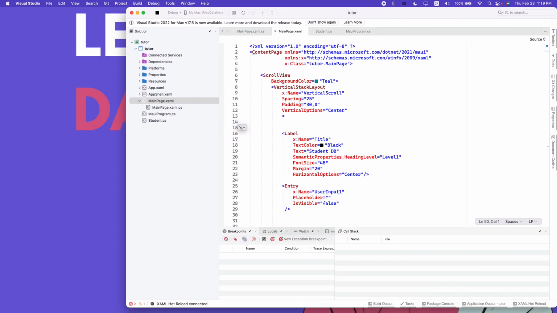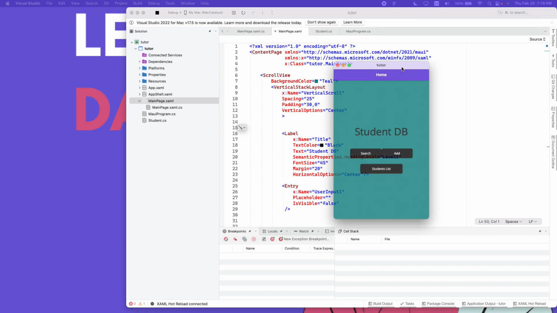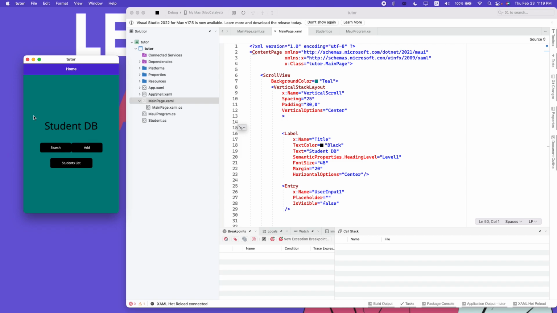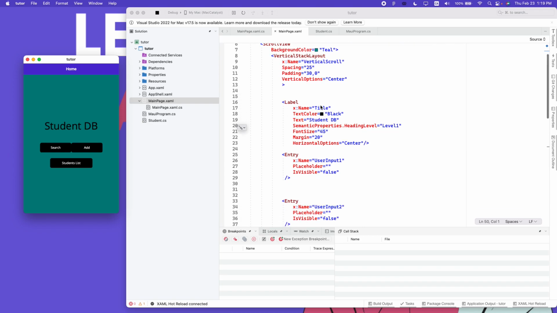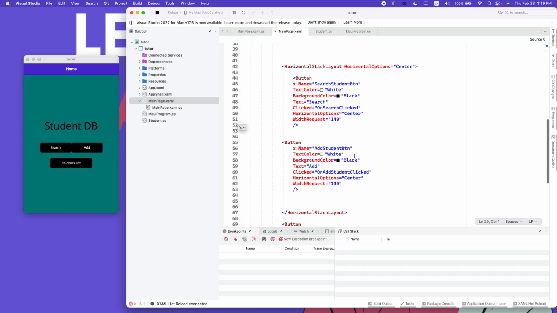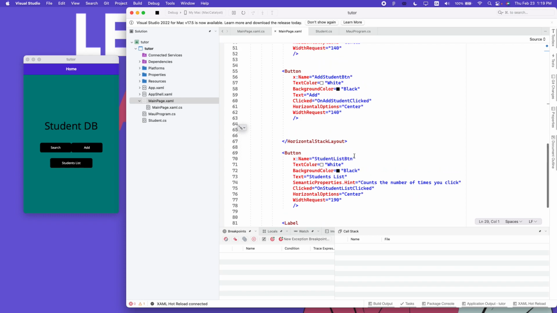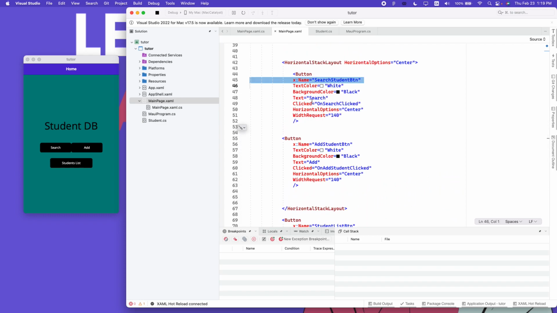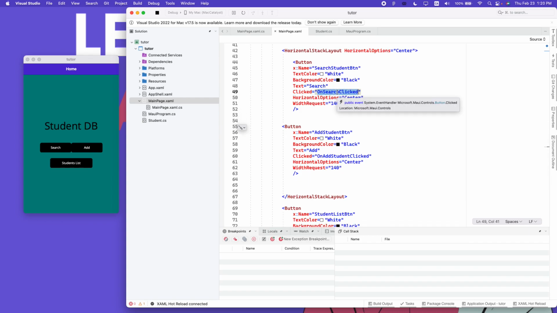So this is my startup project, and this is my first page that I will be seeing whenever I run this project. For now, we could see that we have a title, and then we do have two entries, but we cannot see them here since we set their visibility to false. And then we do have the three buttons. Each button does have a name and a clicked event associated with it, where we could see this function in my C#